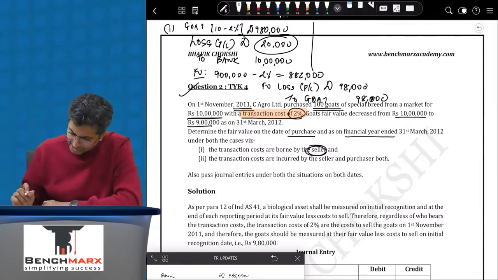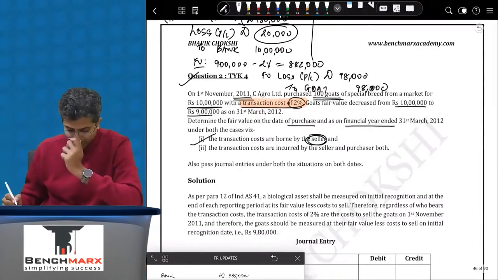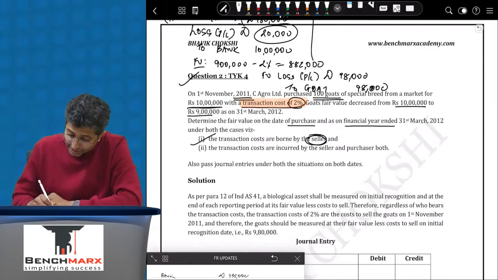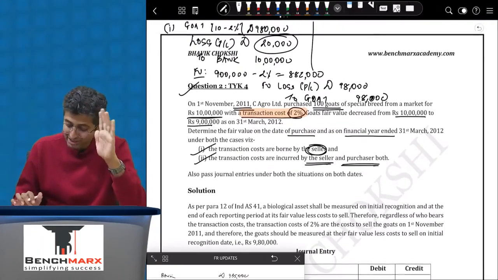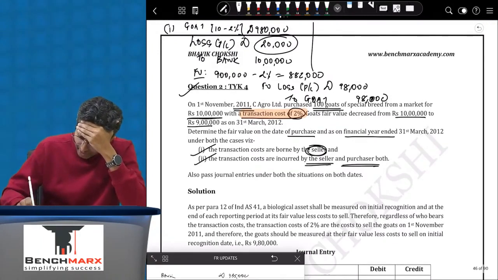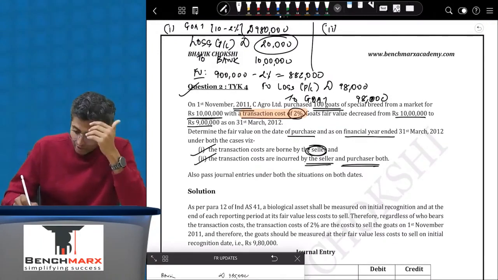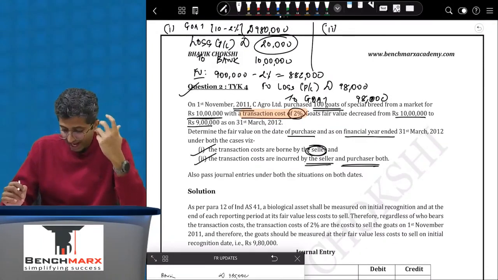98,000. Achha, this is sub point 1, if the transaction costs are incurred by the seller. The second part says if the transaction costs are incurred by both the seller and the purchaser, 2% has to be paid by both. In which case, in the second case, the goat is purchased and the fair value today